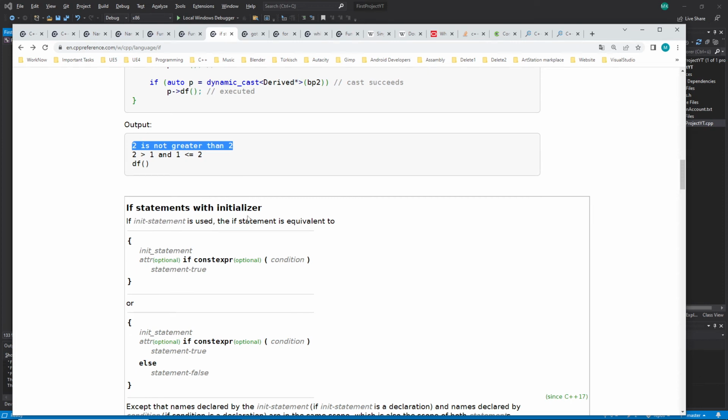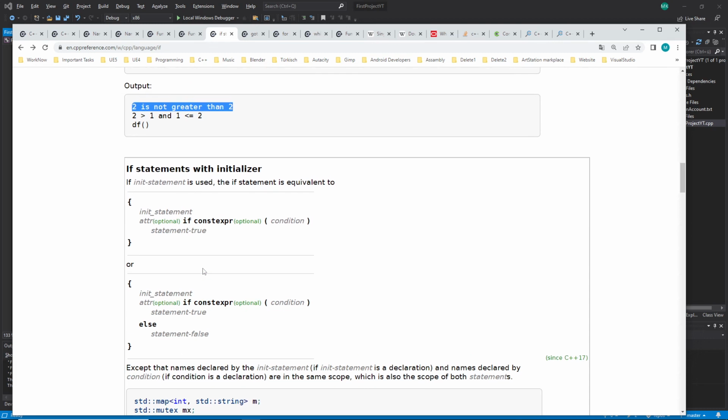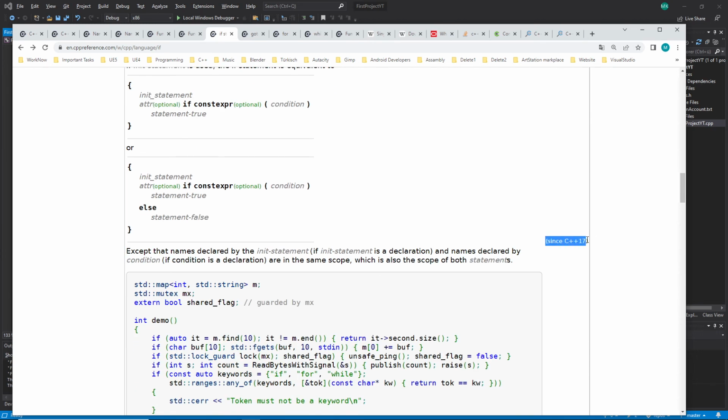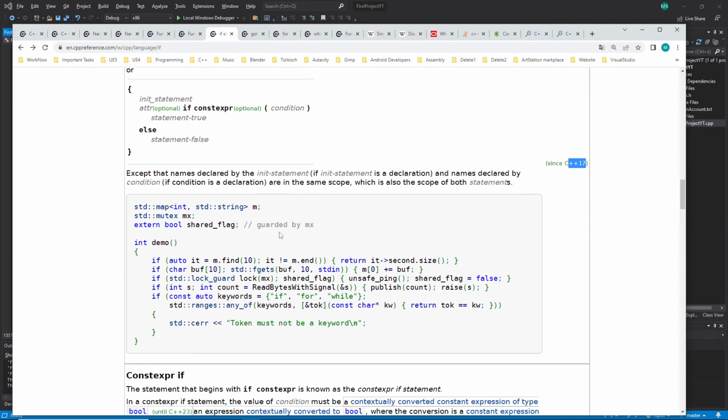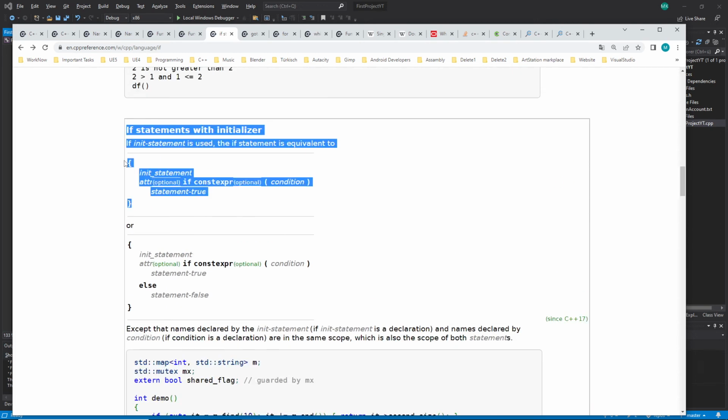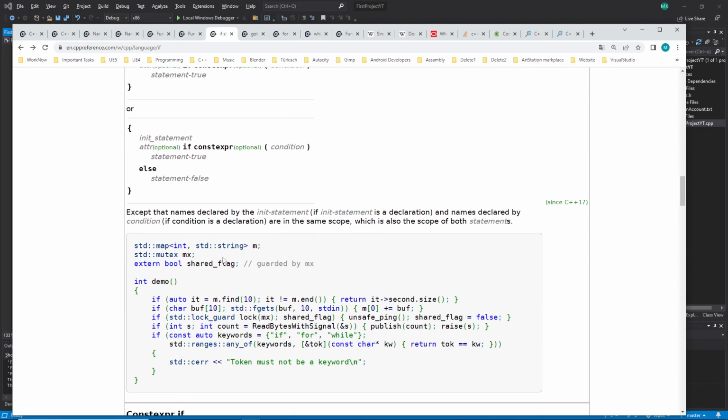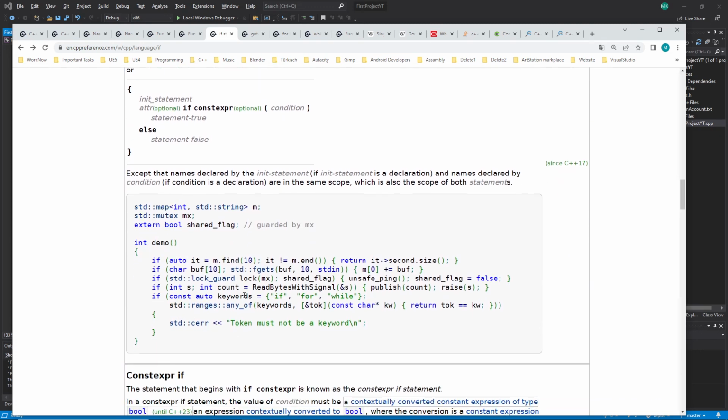Then if statement with initializer. And this initializer, what you can see here is that it's not working here. That's very important. That this code here will work only if you have C++17 installed, one thing. And here is one other problem. What I wanted to show you is here, I think this